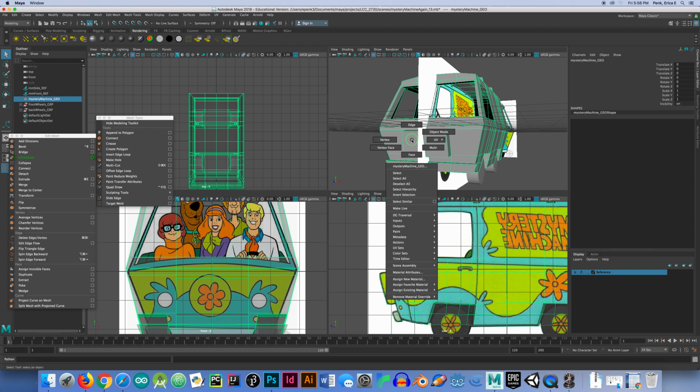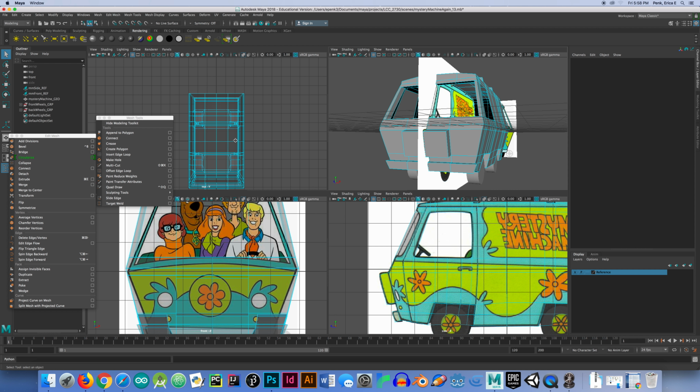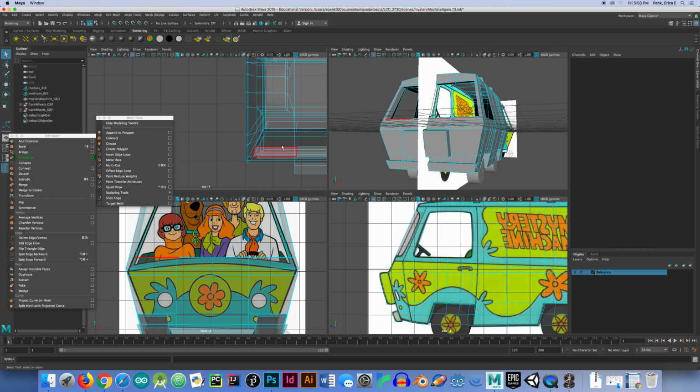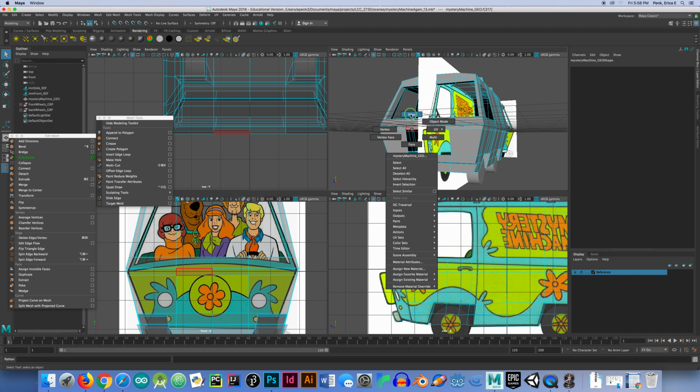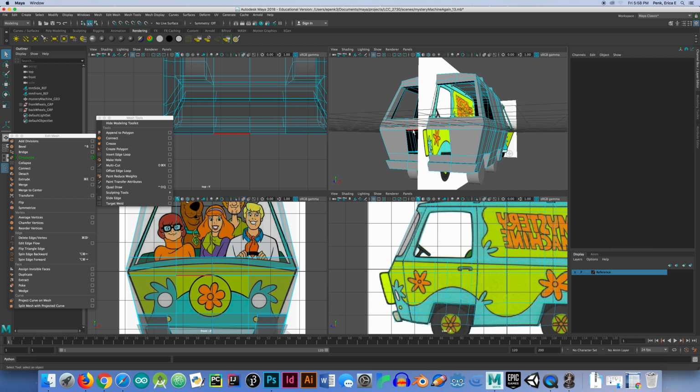So if I right click, go into face mode, and then from my top view, I'm going to marquee select these faces, delete them, and then go into edge mode, grab this edge, and then I believe it's shift double click on the next edge, and that was correct. Shift double click, and it grabbed the rest of the edge loop. And I'm going to fill that hole,